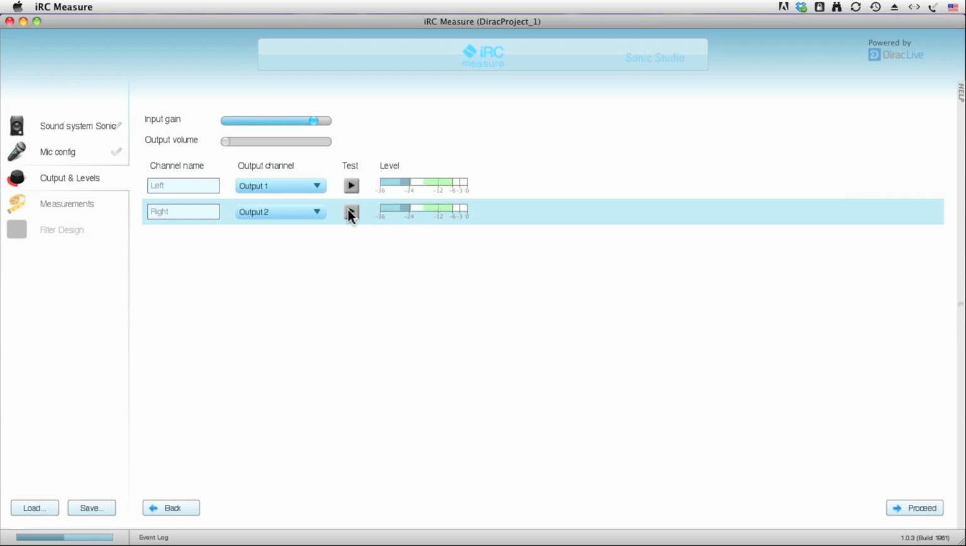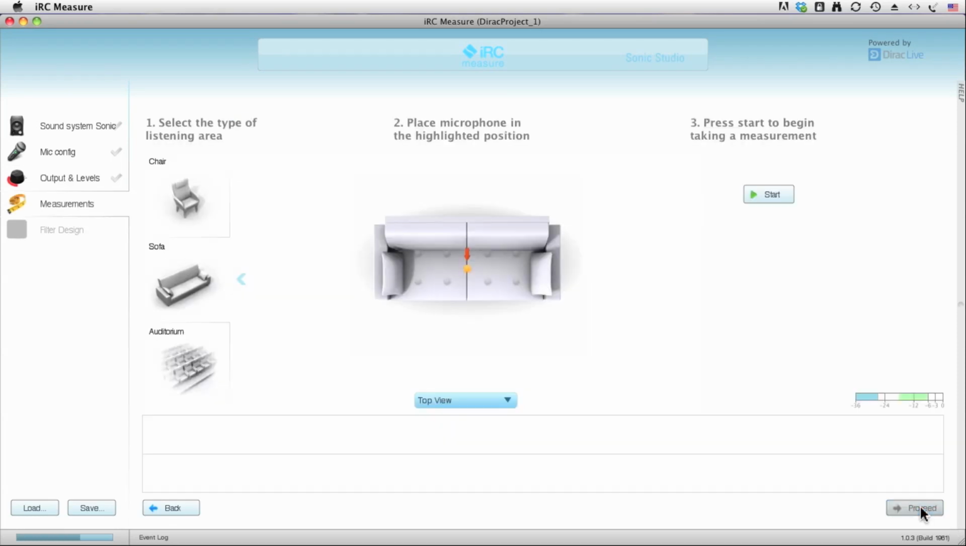And there's the right channel. Our tests are pretty much complete here, so we can click the Proceed button to move to the Measurements tab. In the Measurements tab, you can select the kind of listening environment you have. If you have a very tight listening area, you might want to select the picture of the chair as I've